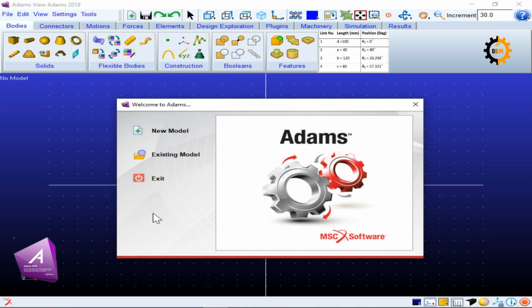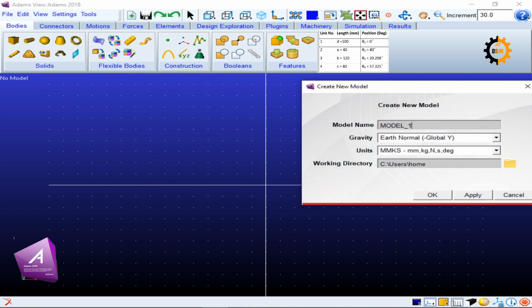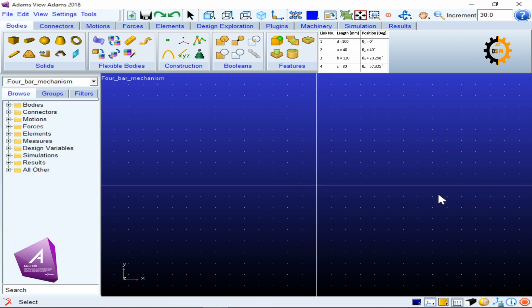In this tutorial, we will make a 4-bar mechanism for which we have the given lengths and given positions. So we start with a new model and we call this new model 4_bar_mechanism, and we don't need the gravity here, so I say no gravity, and the rest I keep the same and I click OK. So I have the window in front of me, and for making the 4-bar mechanism,